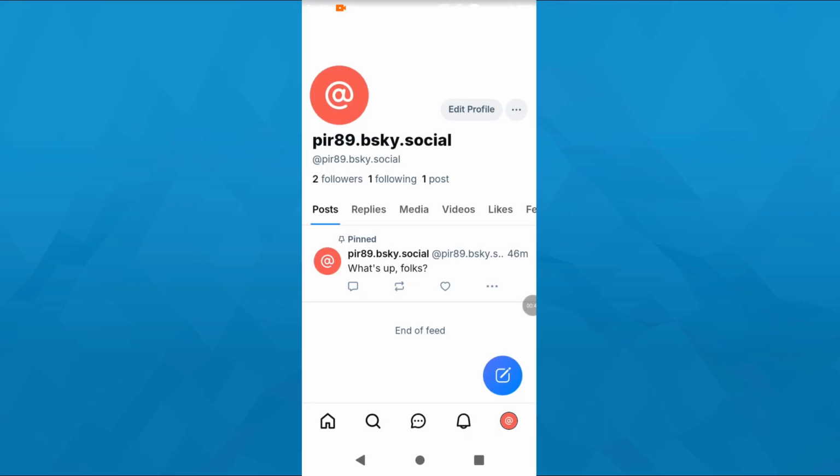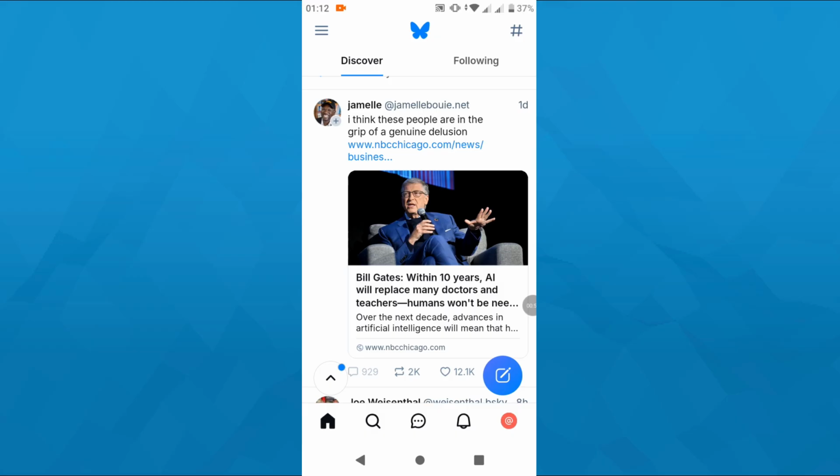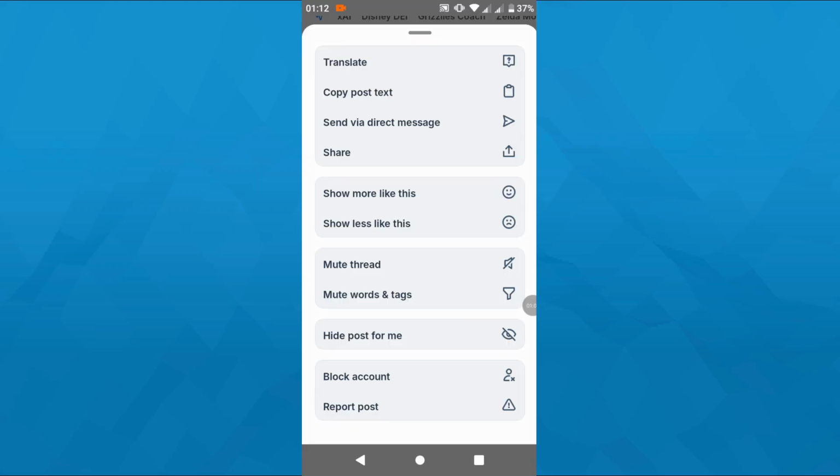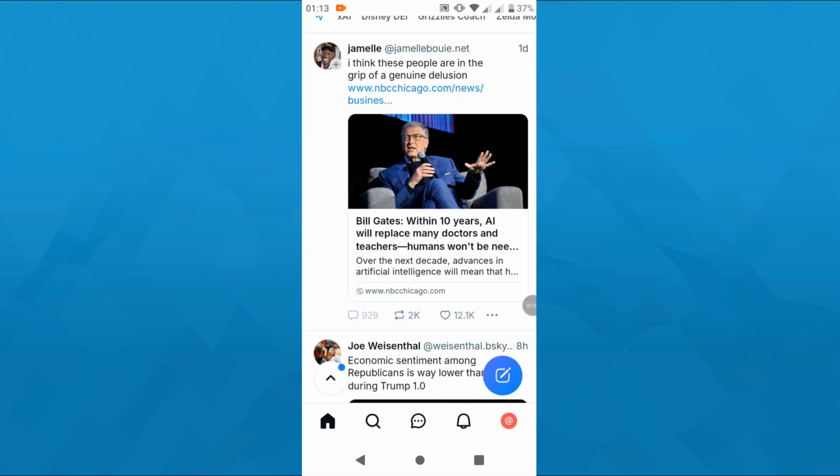Alternately, guys, you may do the same with any other thread here on Bluesky. So let me head over to the home screen. And here simply select the post you would like to send as a direct message, like that one here. Tap on these three dots below the post and again select send via direct message and repeat the previous steps,